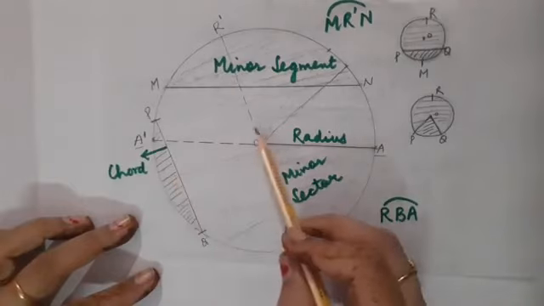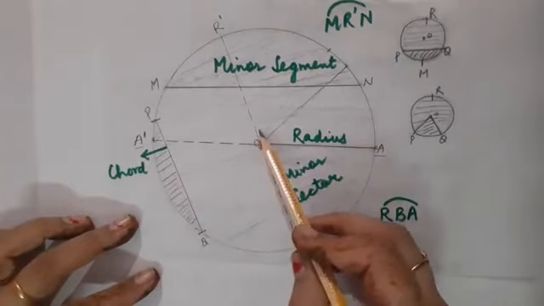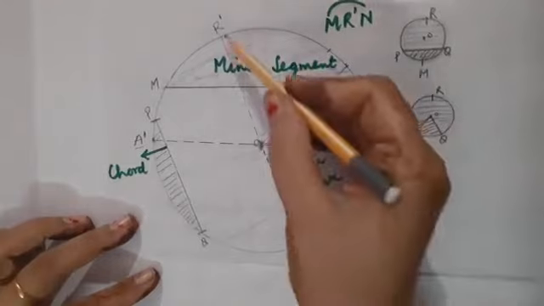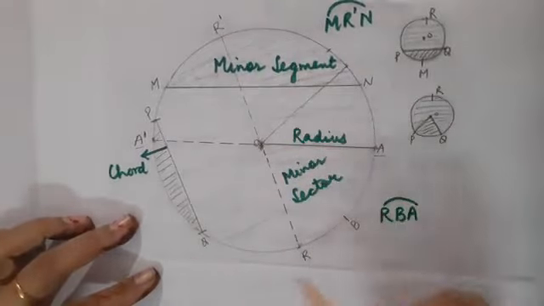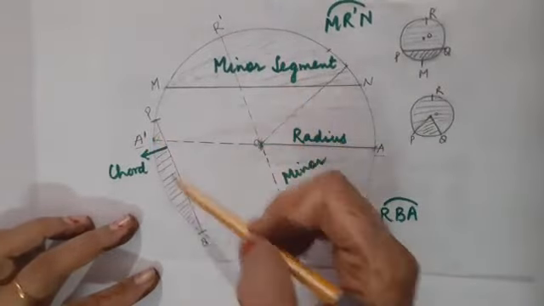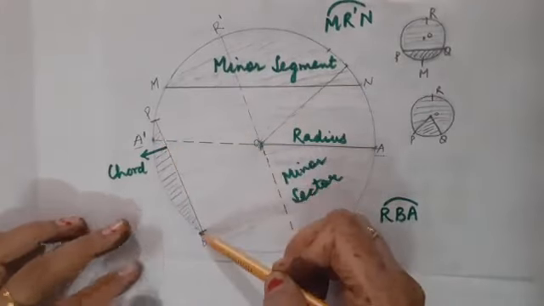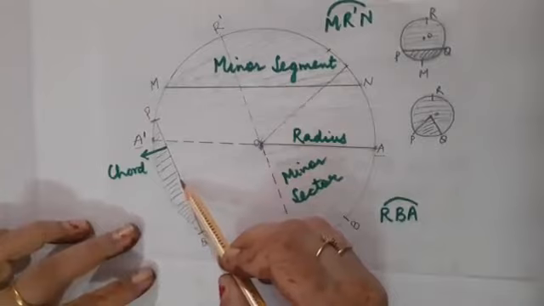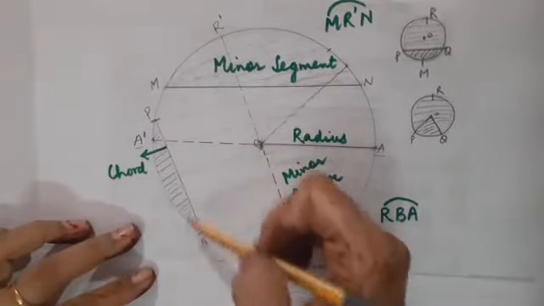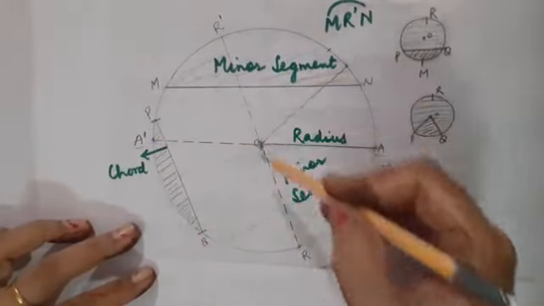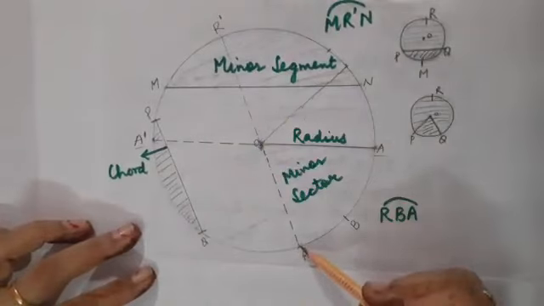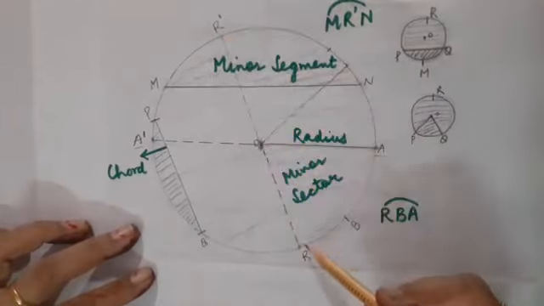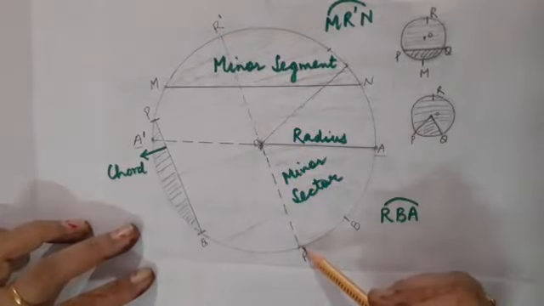So what is the difference between chord and the diameter? Both the end points of a diameter also lie on the circumference of the circle. Similarly, both the end points of a chord also lie on the circumference of the circle. But chord does not pass through the center. Here you can see. Fine. But diameter always passes through the center. Correct? So can we say that diameter is the longest chord? Of course. Diameter is the longest chord of the circle.